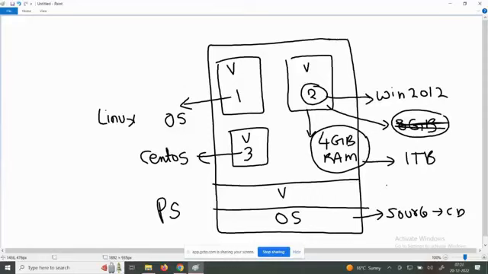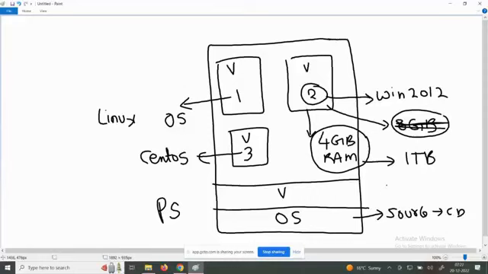Very simple. Any questions? What is meant by virtual servers? EC2 is all about virtual servers only. Don't worry, I'll go and create it practically in front of you and show you. But I hope you understood what virtualization is. Now I'll tell you some very good advantages which are part and parcel of EC2 only. If you understand these things, you will understand the EC2 instance very easily.